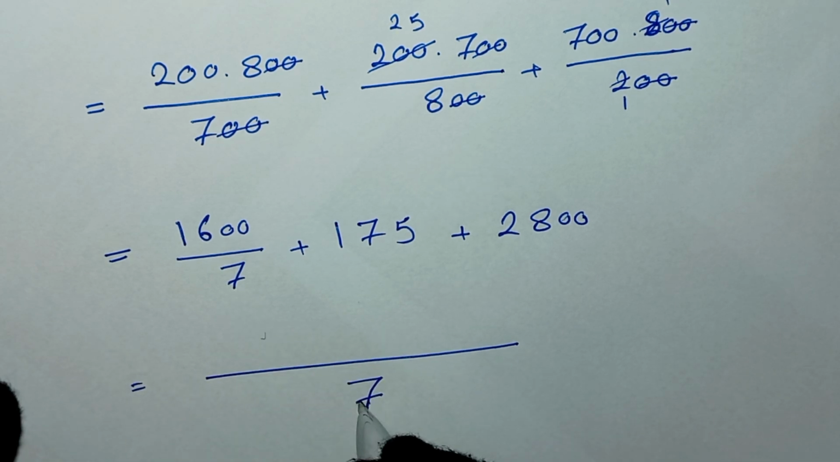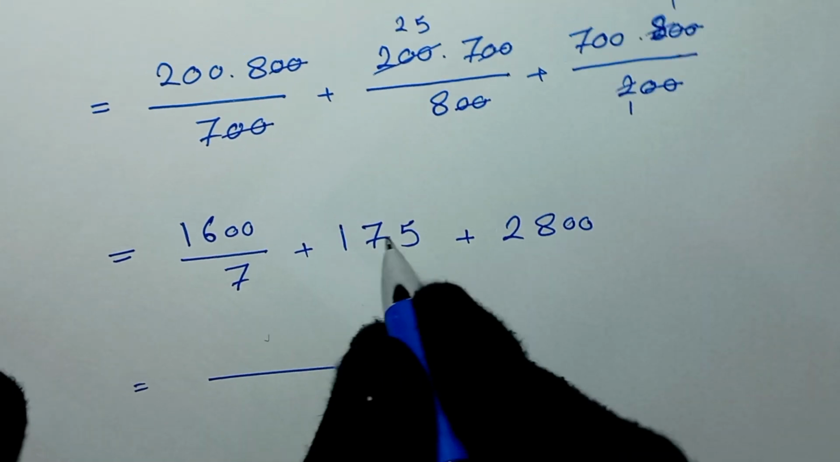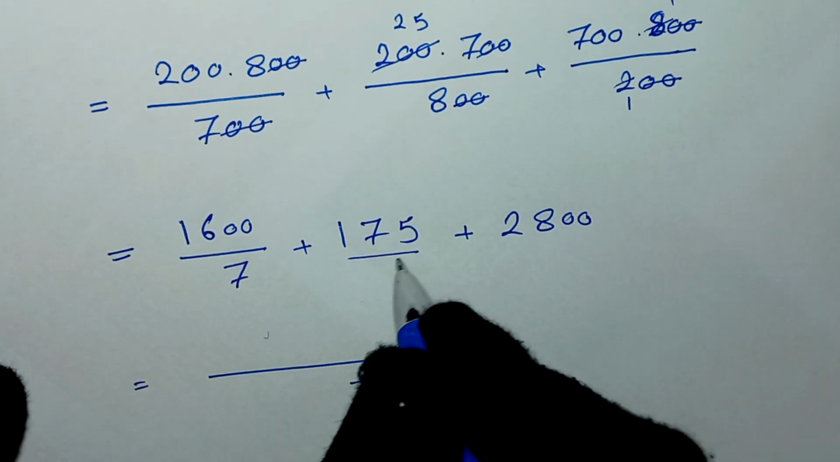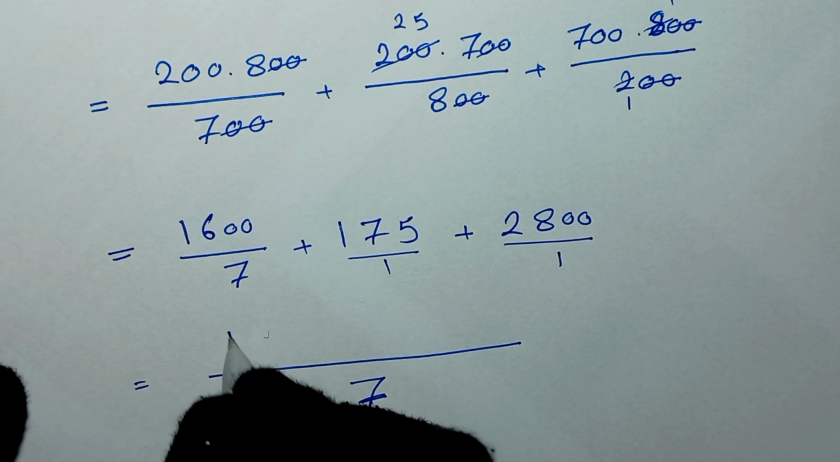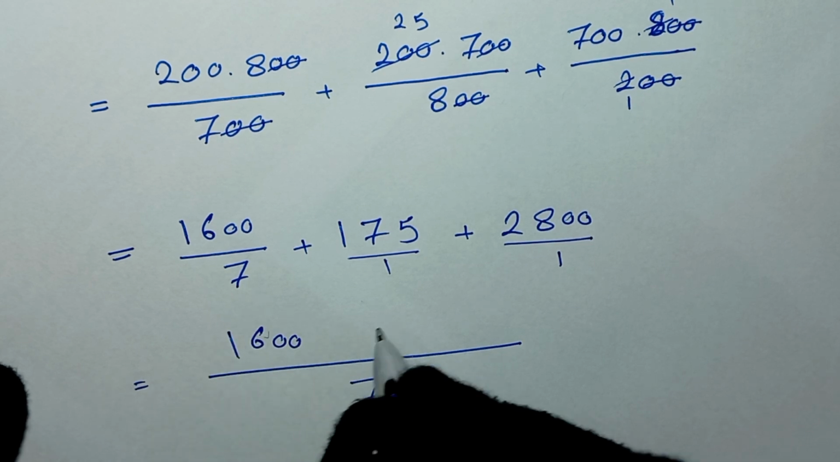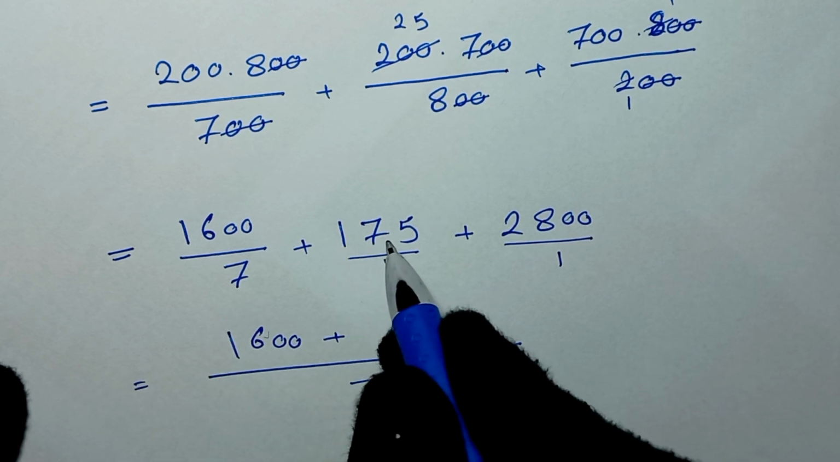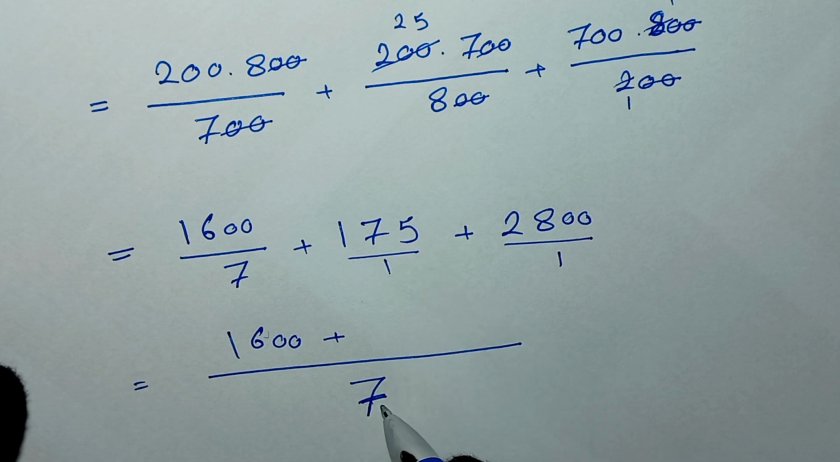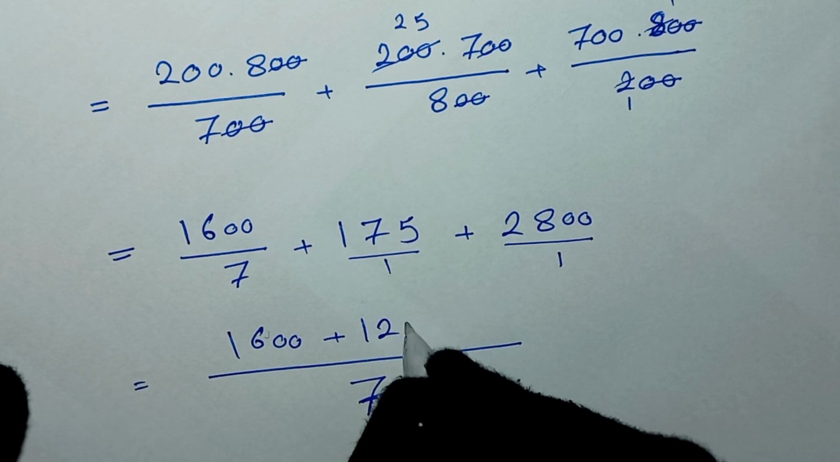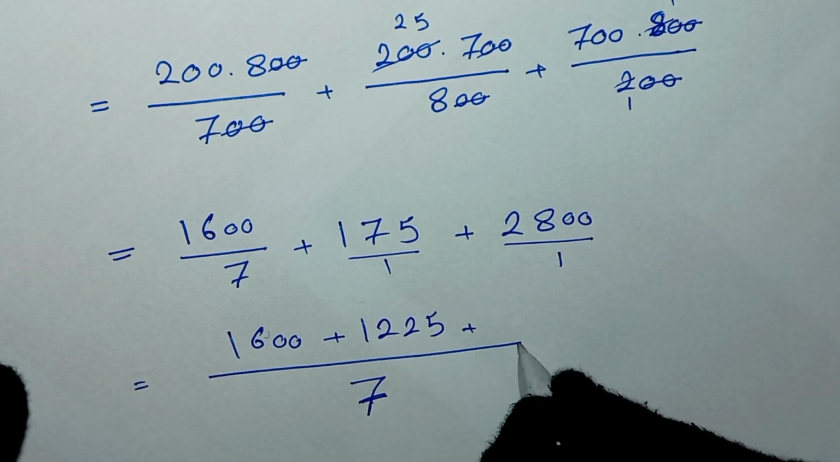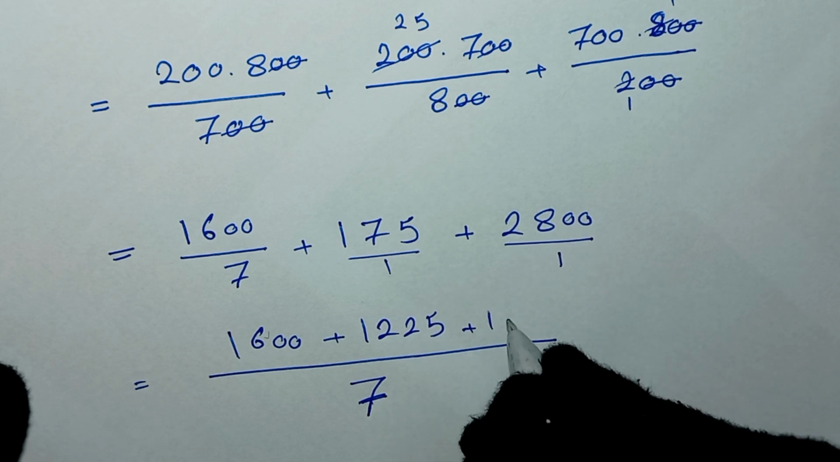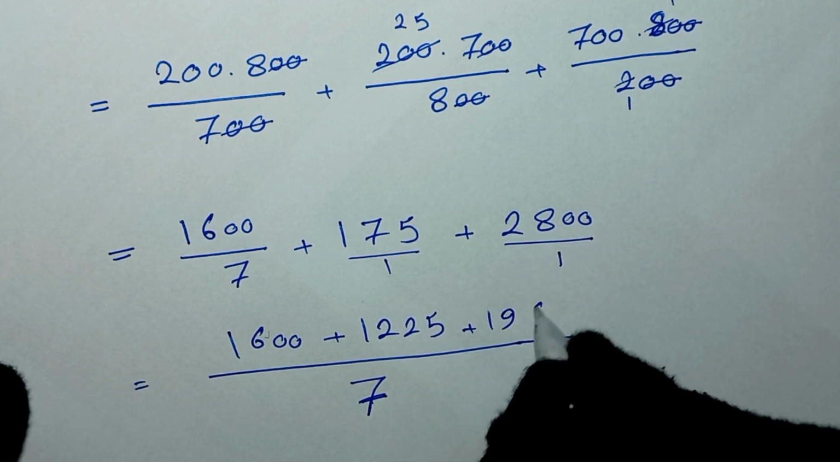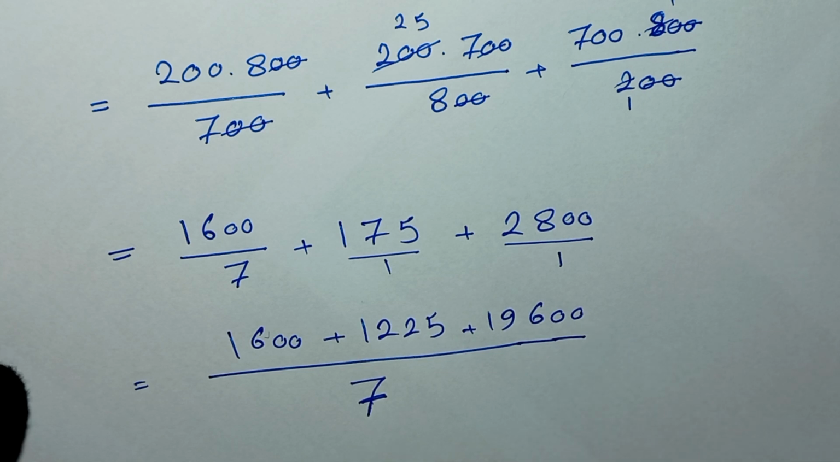take 7 as the common denominator, and for 175, the denominator is 1, right? And also this denominator is 1. So here we have 1600 plus 175 times 7, which will be 1225, and 2800 times 7, which will be 19,600. And from here,